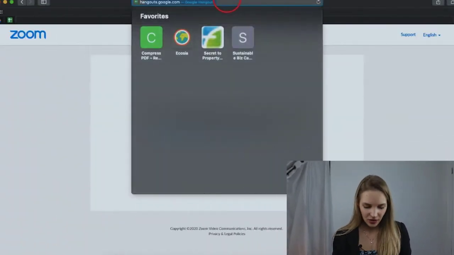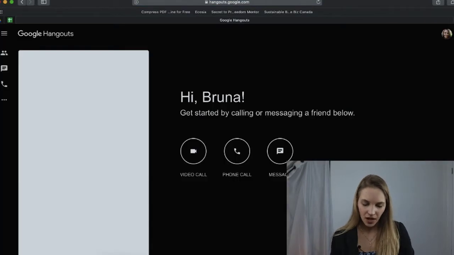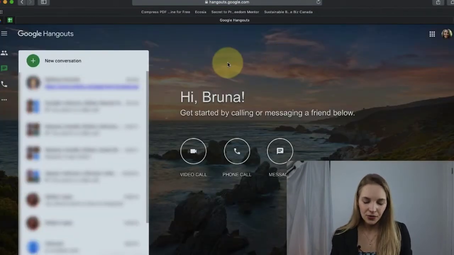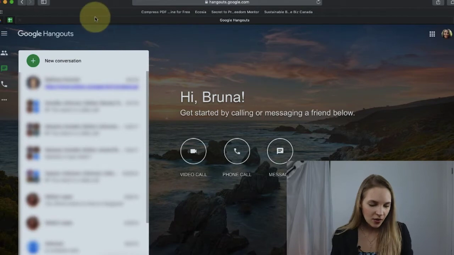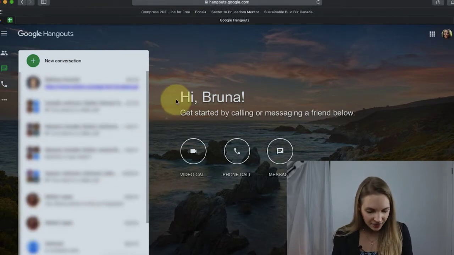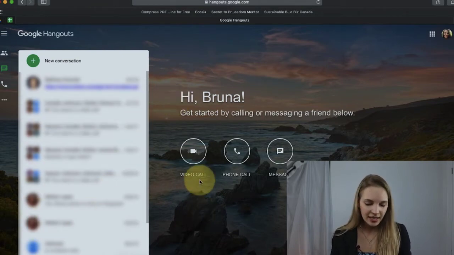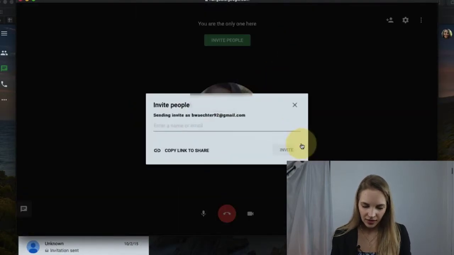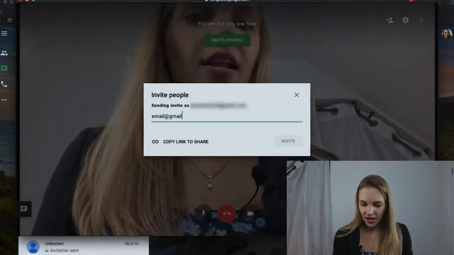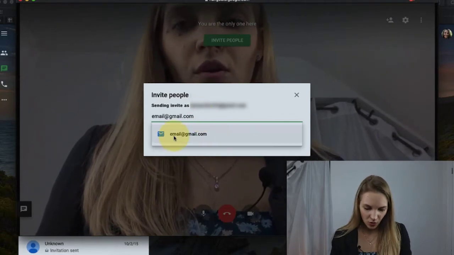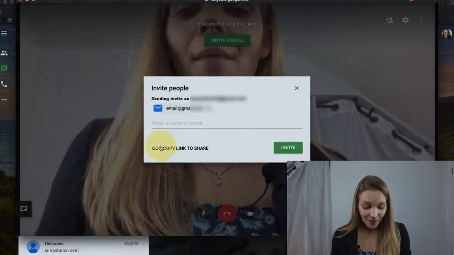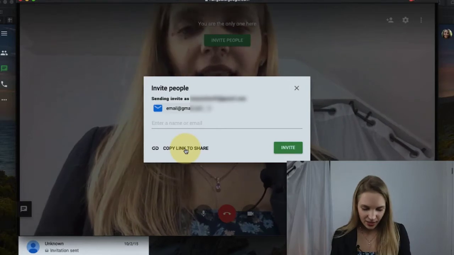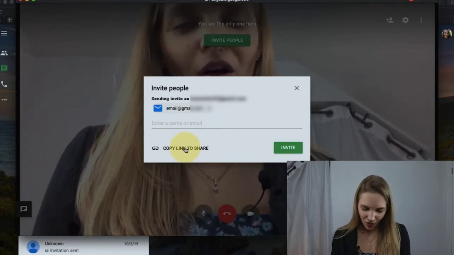So for that, you want to go to hangouts.google.com. It's probably going to already pick up your Google account and your previous conversations. To start a video call, you can simply click here on video call, allow it to use your camera, and right here you can enter someone's email address, whoever you want to invite, or you can just copy the link and paste it to this person so they have the link to join this call with you,